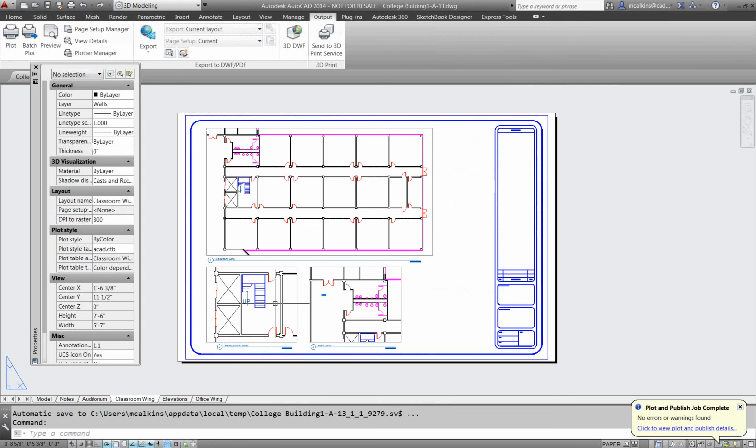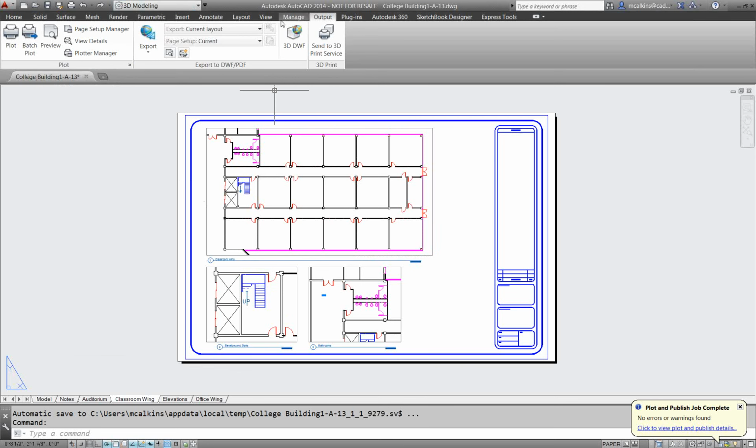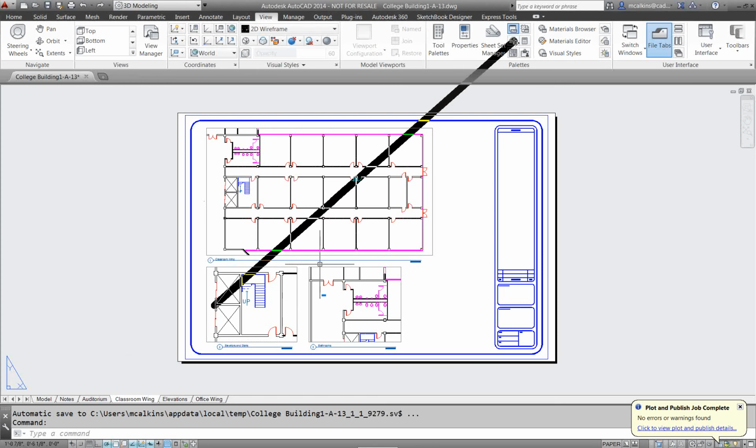Back in the originating application, we can view those markups. The recipient of the DWF, the person who's supposed to take care of these red lines, does not have to print the piece of paper. They don't have to view it side by side, the DWF on the right and AutoCAD on the left of their monitor. Here in AutoCAD, I can go to the View tab, and on the Palettes panel,